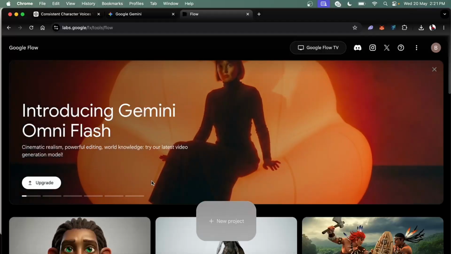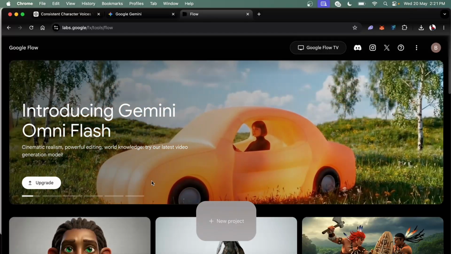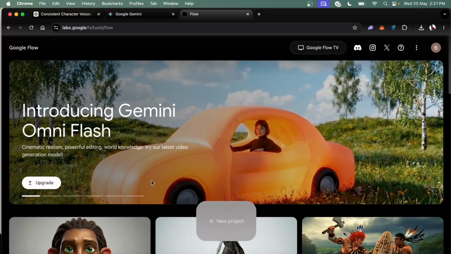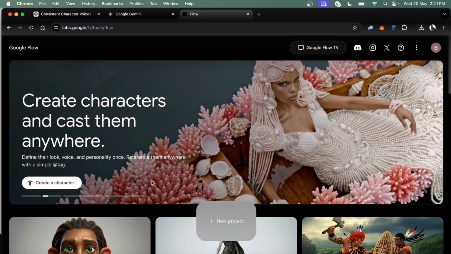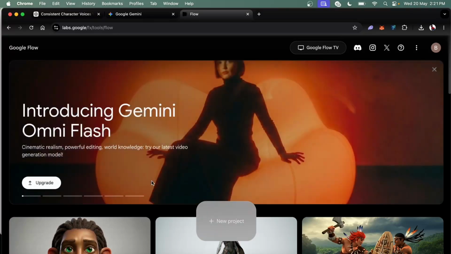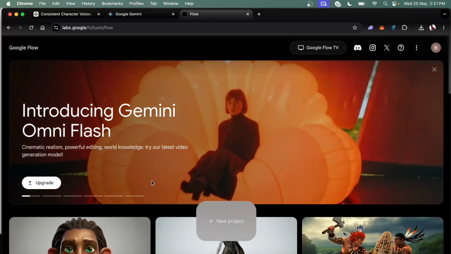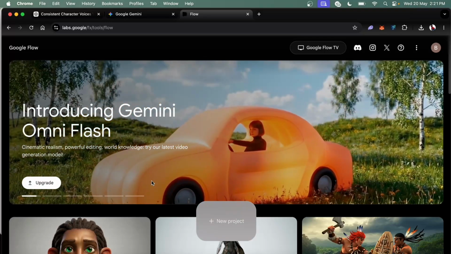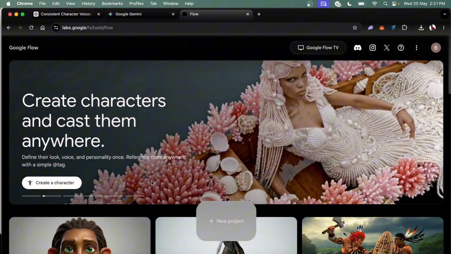Okay, now I believe you've seen the 3 scenes I showed you, and you can see how these same characters appeared in different scenes, in different movie settings, and yet their voices are still the same, exactly the way they speak, exactly the way they sound. Now, I'm going to show you exactly how to do the same thing using Veo 3.